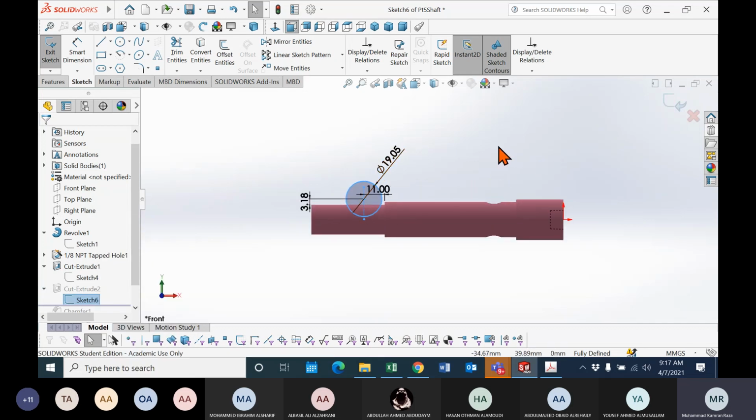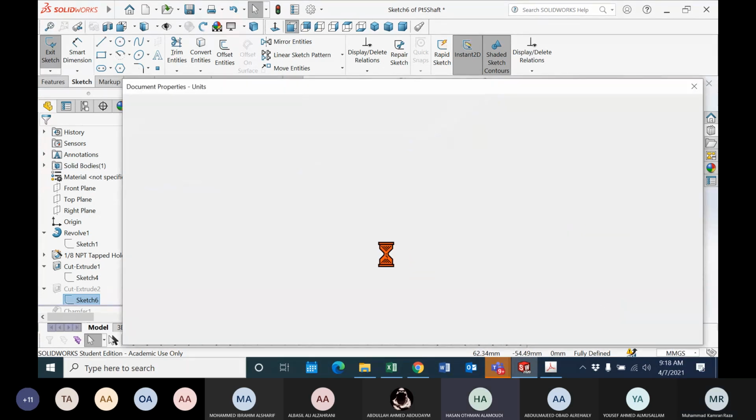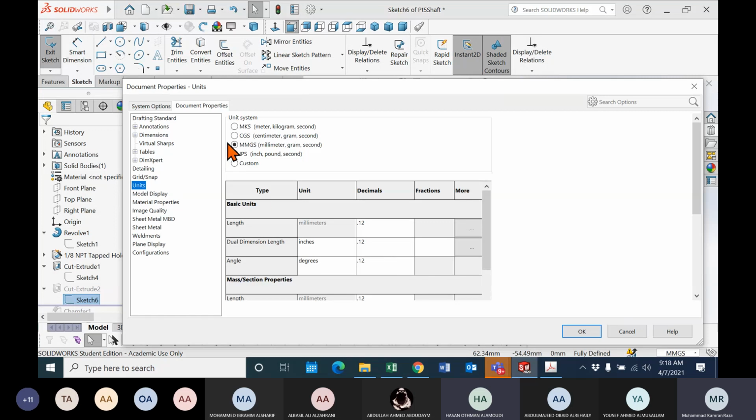I have taken these from inches, but multiply by 1 inch is equal to how many millimeters? We can write it in millimeters: 25.4 millimeters.